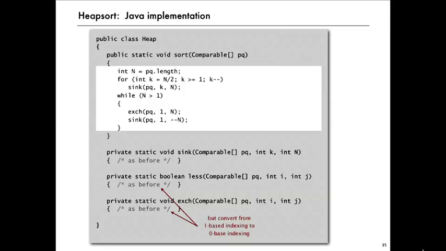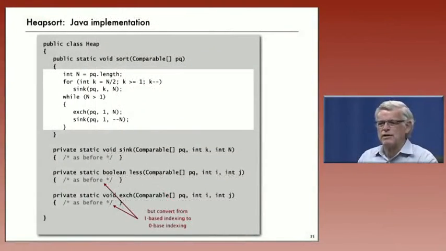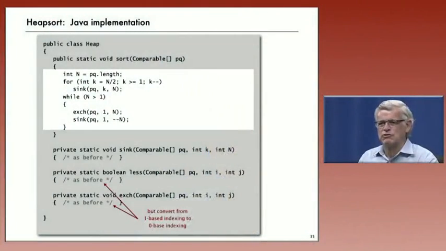And we've been building our heaps from position 1, but we can take care of that in the less and exchange methods by just decrementing the indices in those methods to have it work as if the array were 0 through n. And that's a little implementation detail, but otherwise this is a fine sort implementation